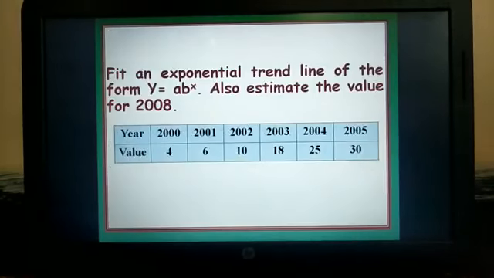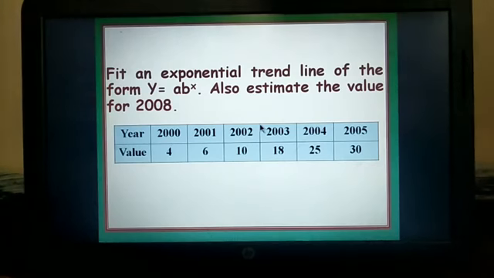how many years are given? 1, 2, 3, 4, 5, 6, as we have already observed. So whether the middlemost observation is possible to obtain here: if only 5 were given, 2002 would become the middlemost. Here 6 are given, so the middlemost value is not possible with the given values, but it can be obtained as the arithmetic mean of these two middlemost years. In the sense, 2002 plus 2003 divided by 2, that will become the middlemost observation of this particular data, which is